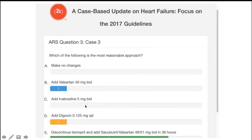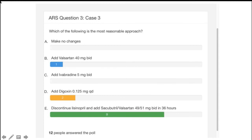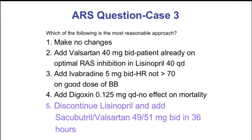All of these cases have little intricacies to them. Perhaps ethnicity, perhaps heart rate, perhaps background of therapy. What's the next best thing to do? Okay, so very good. E is the best answer. Discontinue lisinopril, but wait 36 hours and add sacubitril valsartan. Because he's on 40 of lisinopril, you can go to the intermediate dose of sacubitril valsartan, 49/51 BID,